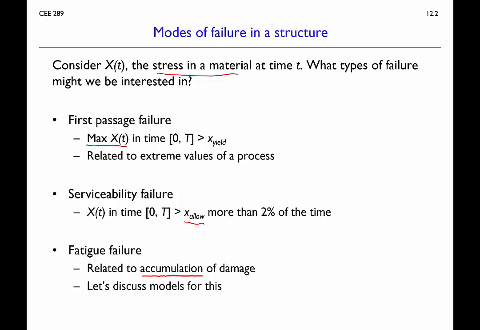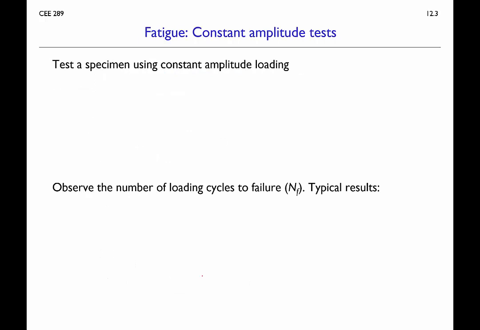And what I'll do is introduce a high-level approach for how we think about this accumulation of damage, and then we'll dig in a little bit and try to relate that to properties of stochastic processes, as we've discussed earlier in the class. Okay, so the easy way to think about accumulation of damage is to think about a case where we've got constant amplitude loading. So we could think about our stochastic process, or just a loading process in general, as being